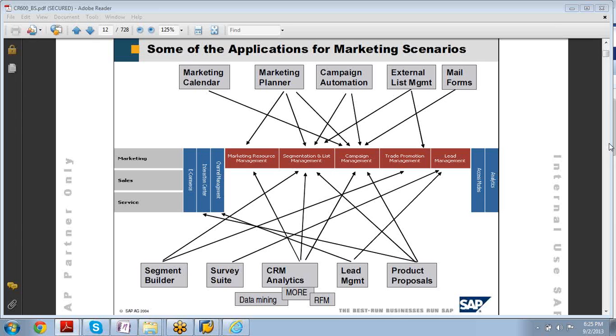SAP has released certain BPP docs. This is business process procedure. So I am straight away giving you one of them, to give you a feel of customization. Check it out.